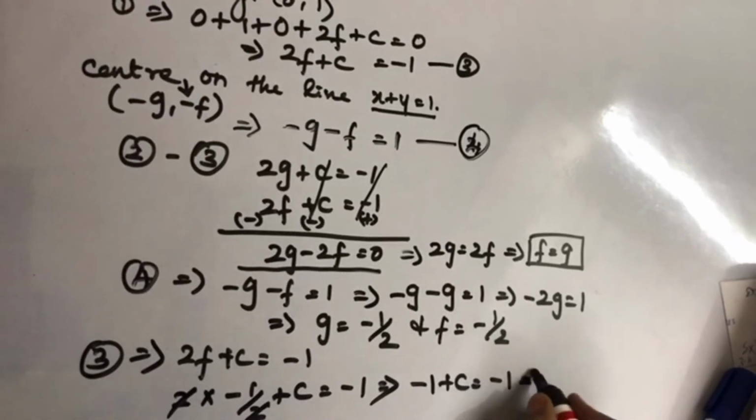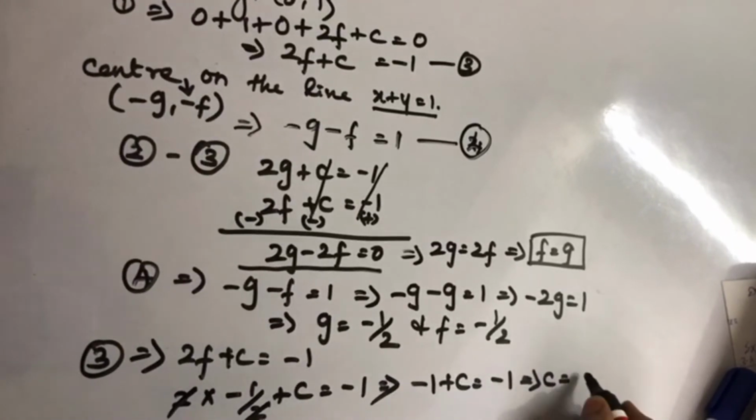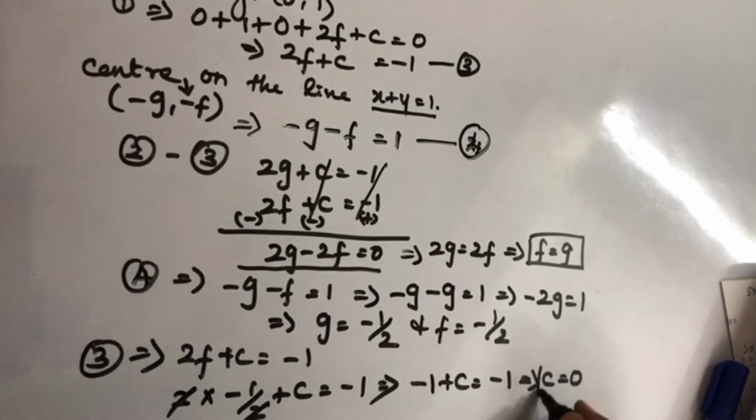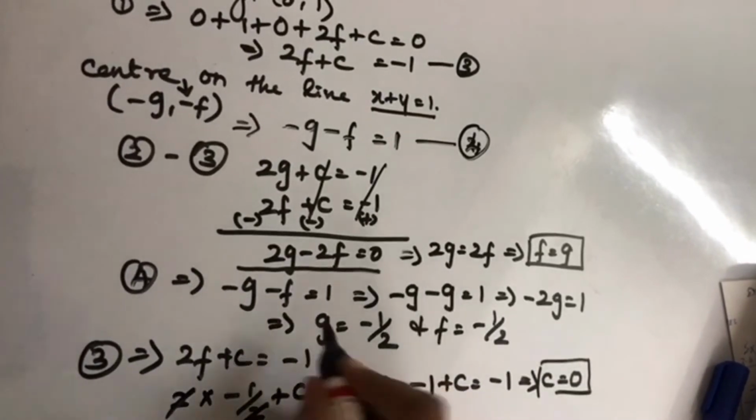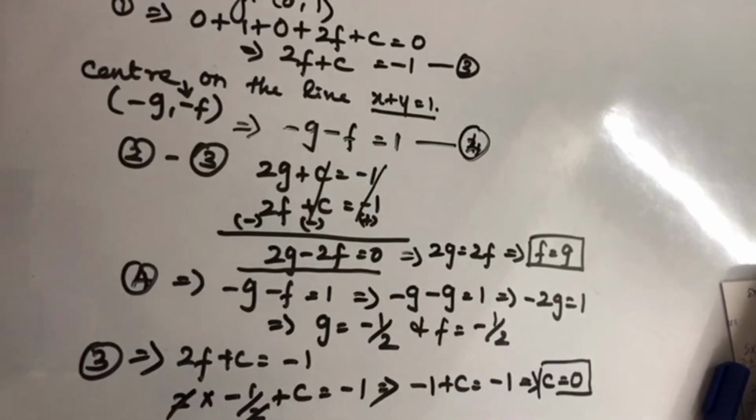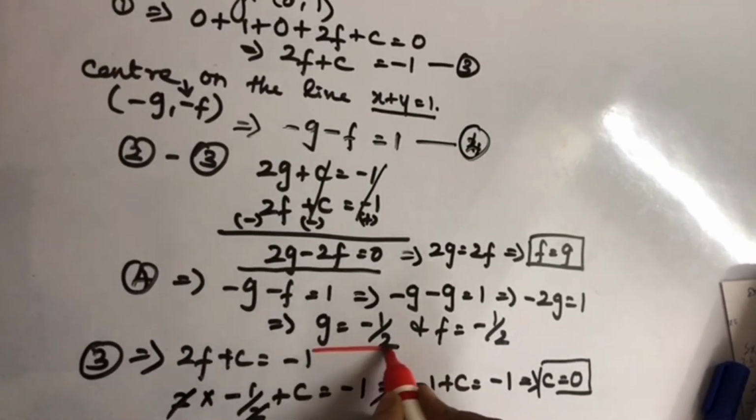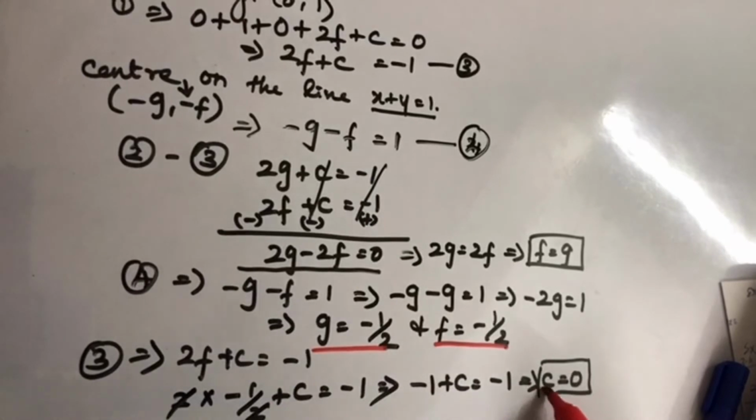That implies c is equal to 0. So, g is equal to minus 1 by 2, f is equal to minus 1 by 2 and c is